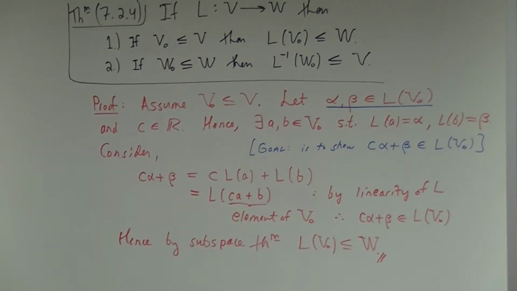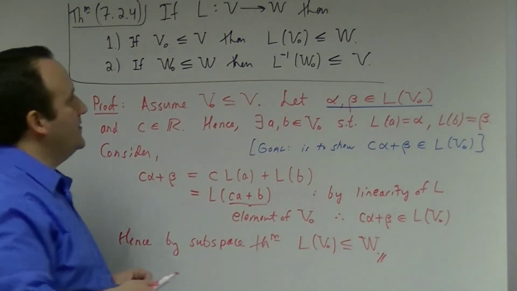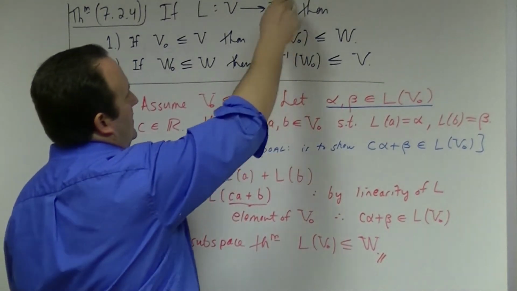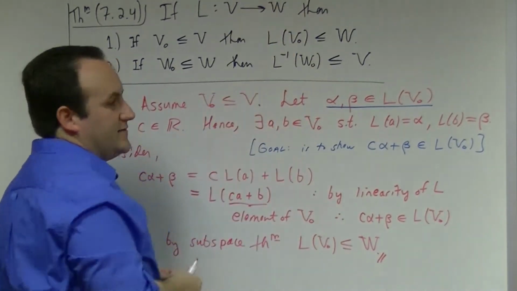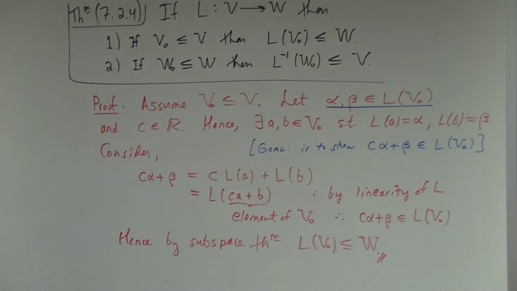Wait, where was W other than that last one? Well, I mean, L of V naught is by definition a subset of W. I guess when we prove it, we need to have that somewhere. I've shown that